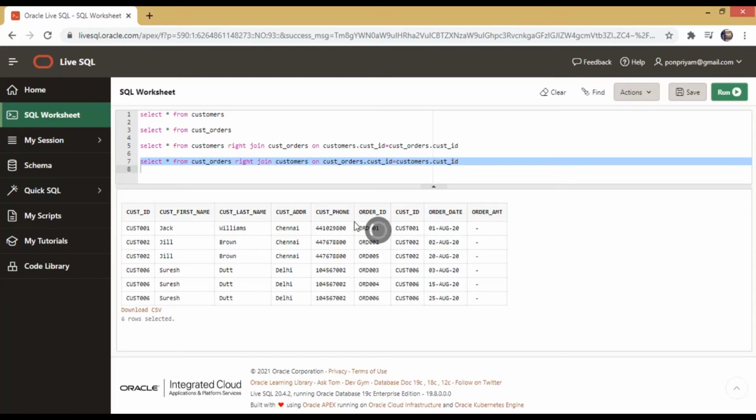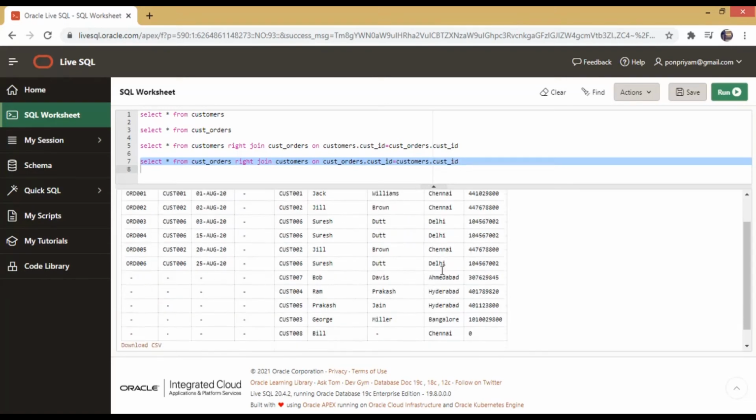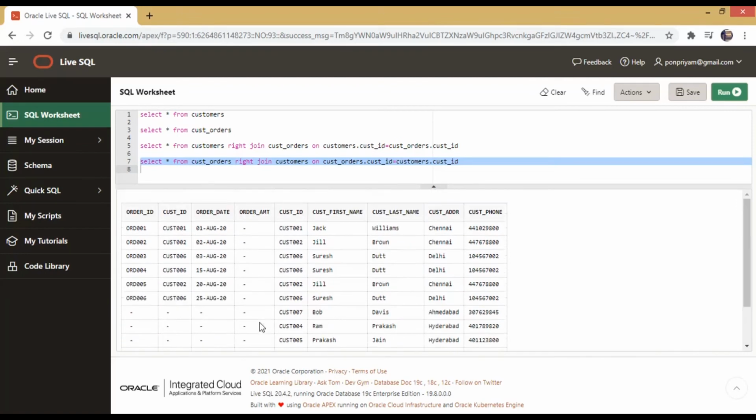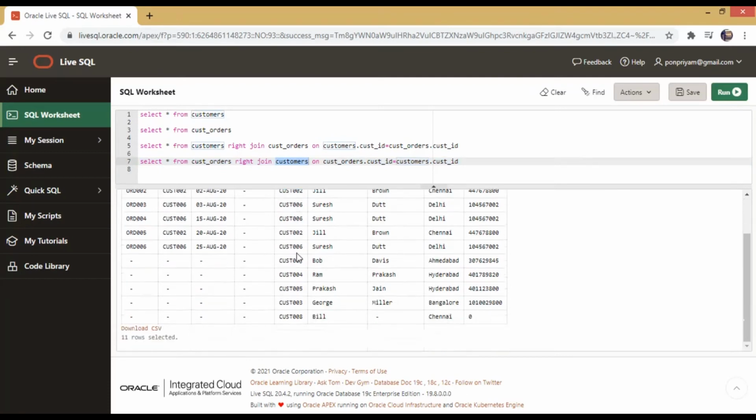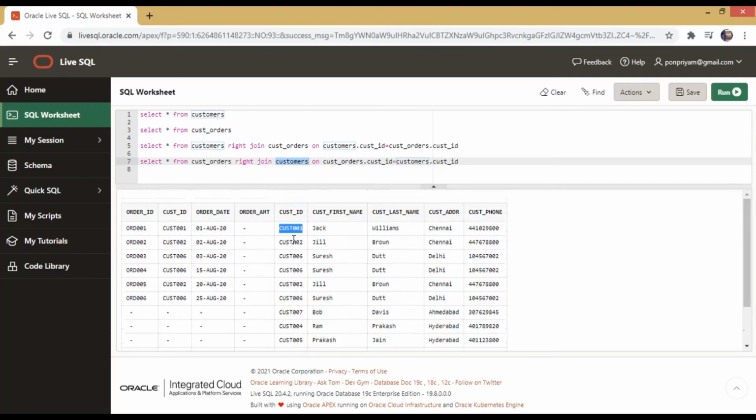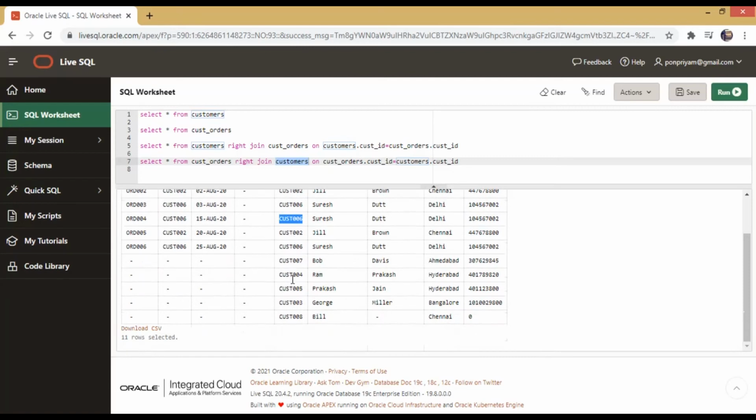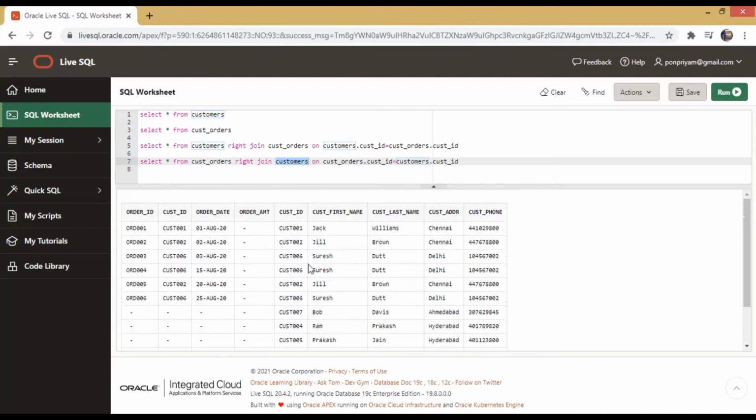So you should see some null values. See, here also 11 rows are getting displayed. Why? Because the customer table, for each of these customers, 1, 2, 3, 4, 5, 6, 7, 8, some customers have placed multiple orders. So there are multiple records for them. For all the other customers where they have placed no orders, it is being filled in with blanks. If you see 7, 4, 5, 3 and 8, these customers have never placed an order. So their entries are given with null values. Whereas customers 6 and 2 have placed multiple entries, so you have multiple records getting published.